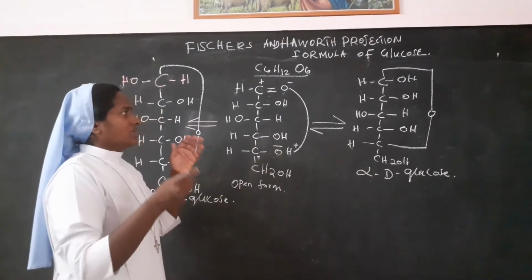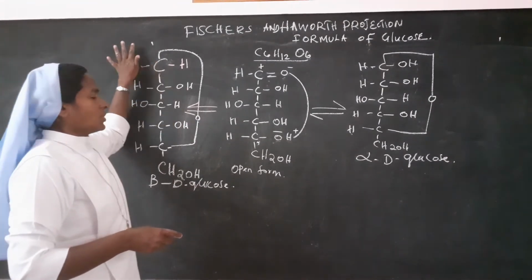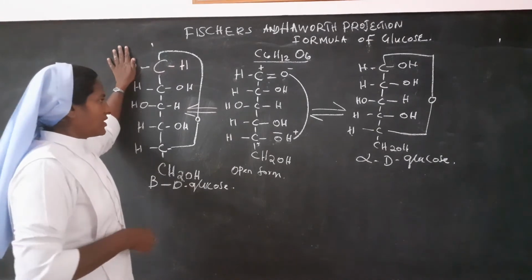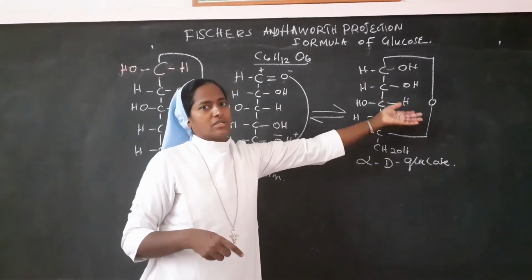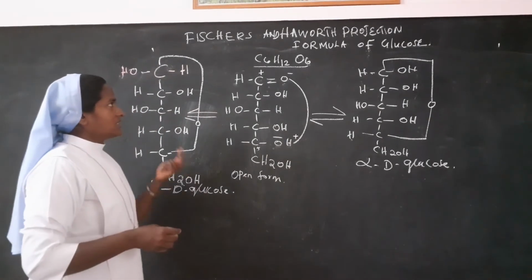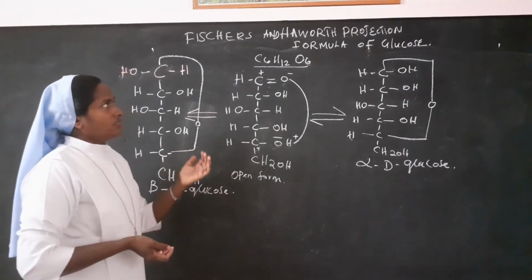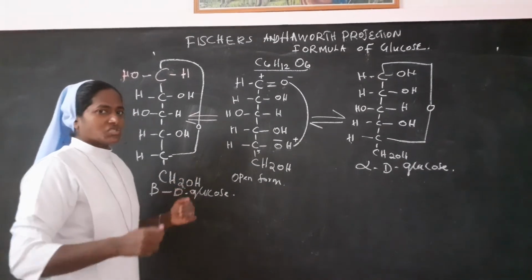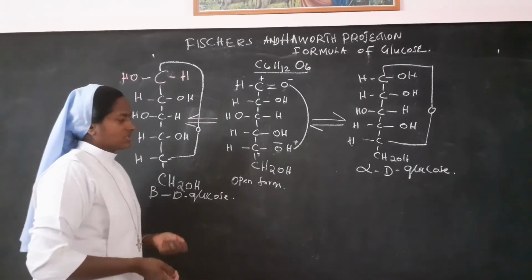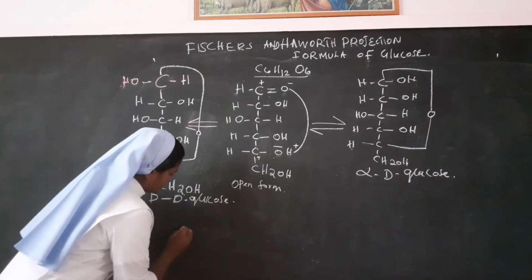The structure is the same, with this single change: in the first carbon, the OH is on the left side for alpha D, and the OH is on the right side for beta D, but still they are called anomers. Okay, now this is the Fischer projection structure of glucose. And how would it be written in ring structure, that is the pyranose structure? The pyranose structure is a hexagonal ring structure.